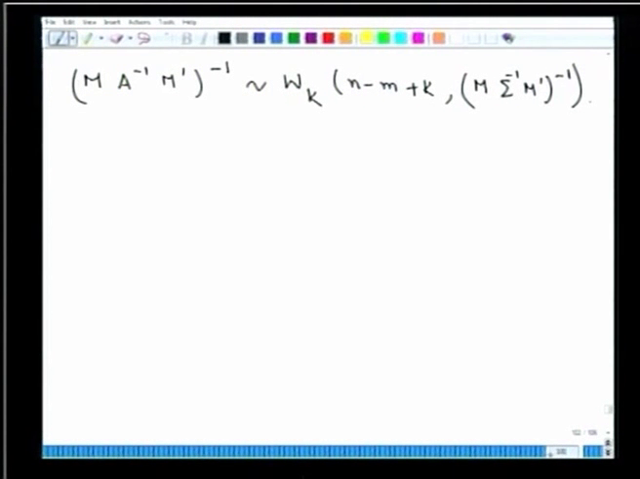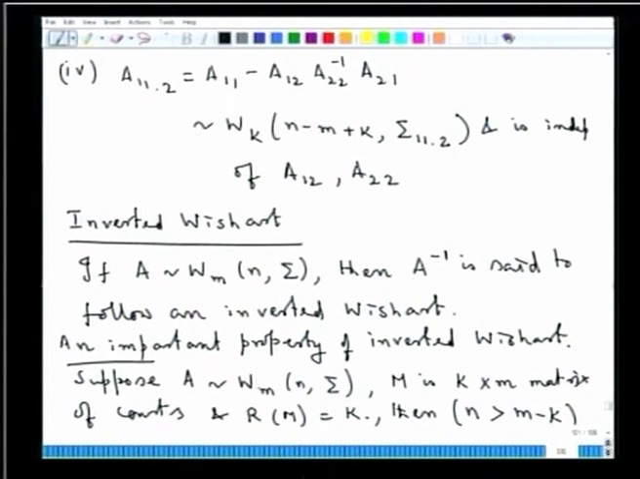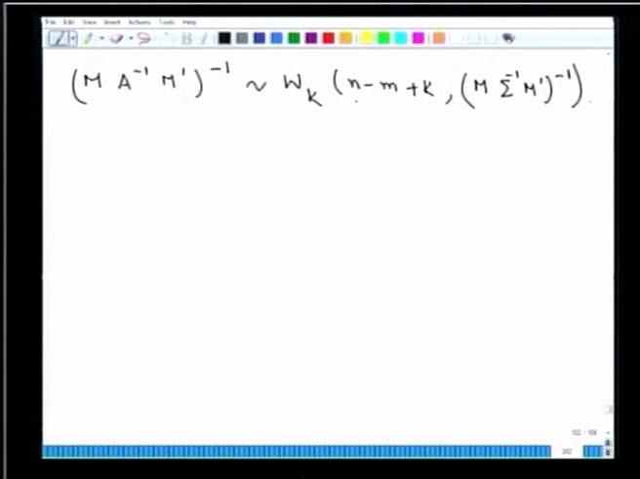So what is this result basically telling us? If A has a Wishart distribution, and M is a matrix of constants, k by m, of rank k, that is, full row rank, and n greater than m minus k, which is required to ensure that the degrees of freedom of this Wishart distribution, n minus m plus k, are strictly greater than 0, then M A inverse M transpose, whole inverse, will have a Wishart distribution with n minus m plus k degrees of freedom, and the associated variance covariance matrix as M sigma inverse M transpose, whole inverse. Now using this result